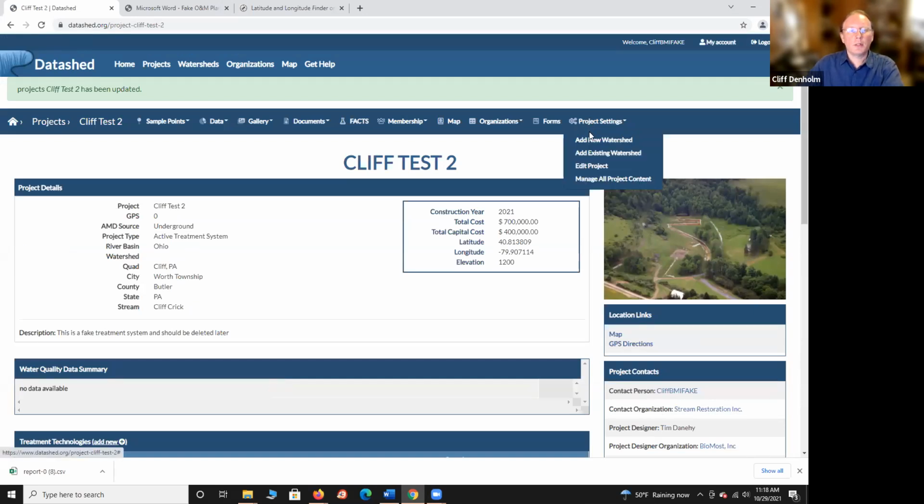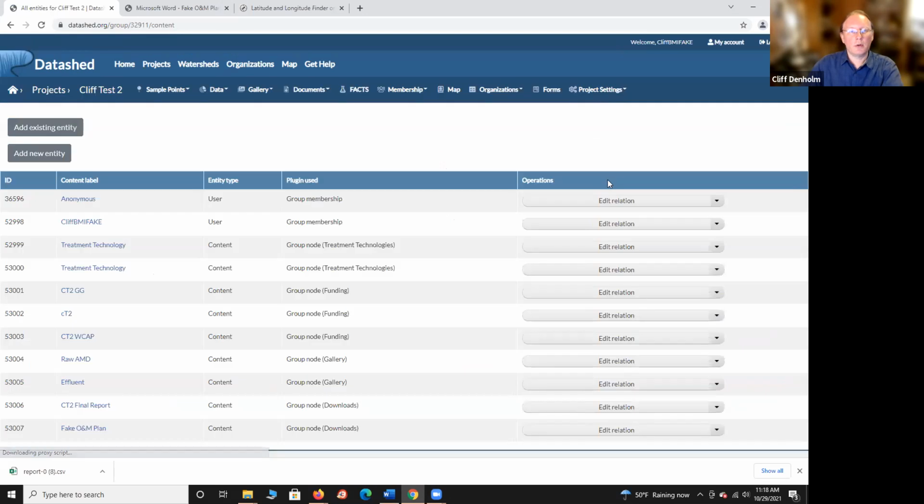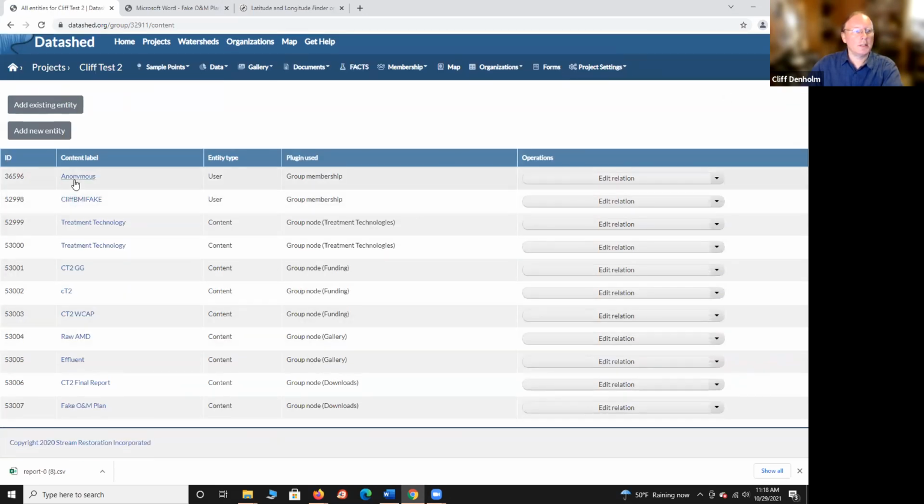The other thing you can do, which is a little bit interesting, is they have this manage all project content. This is a Drupal kind of thing. And so if you click on there, you'll see that there are these different items in here, which you could change. So for instance,